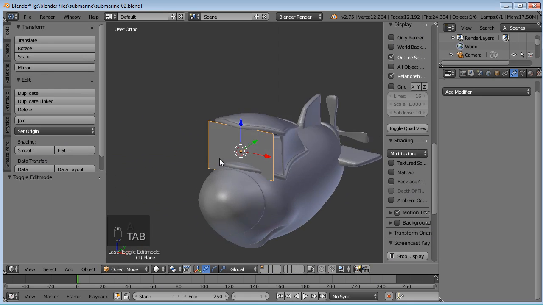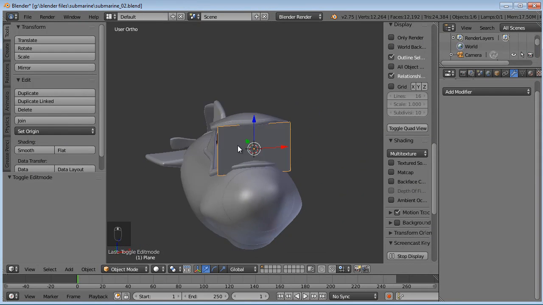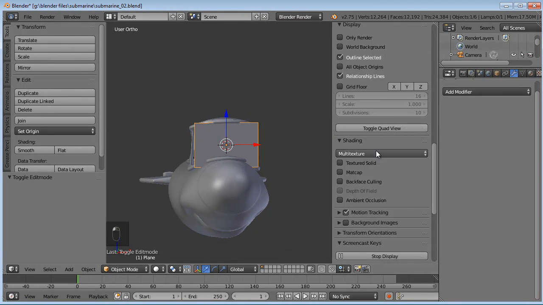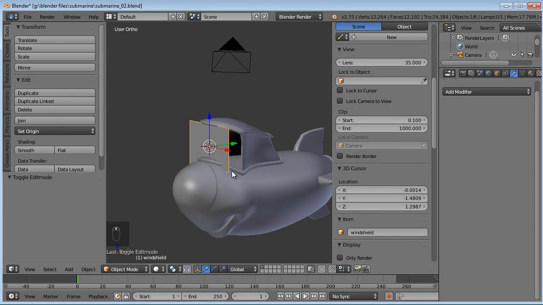Okay, so this will be our eyelids, or excuse me, our eye whites. So let's go ahead and name this one. Just name it windshield. Although, like I said before, in a submarine, it's probably not called a windshield. It's called a portal.